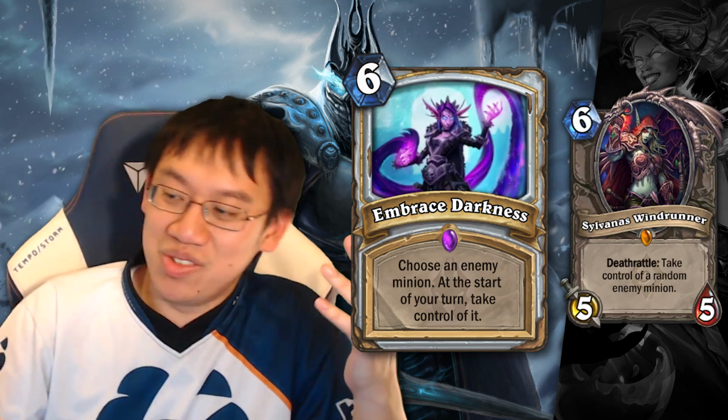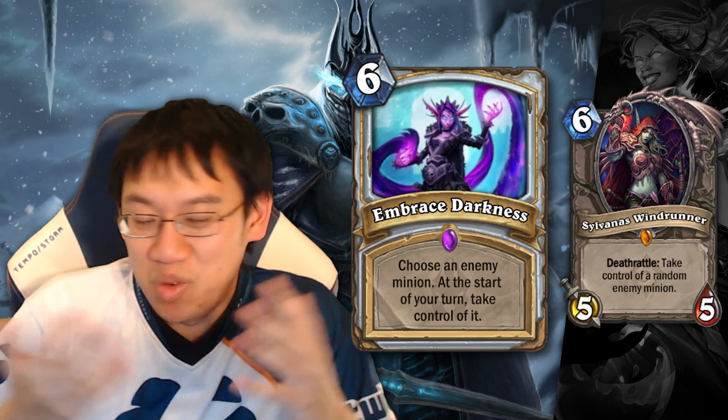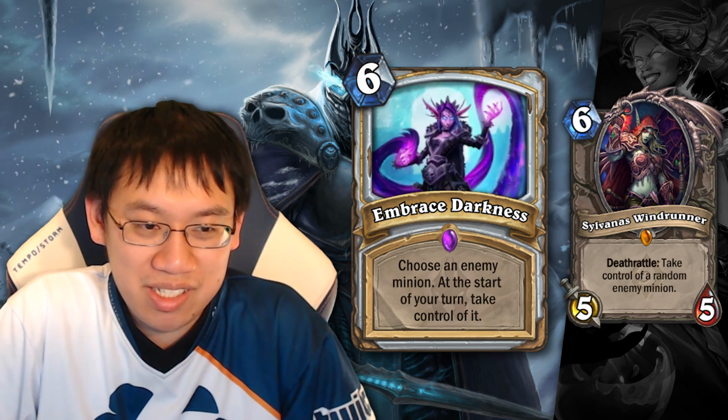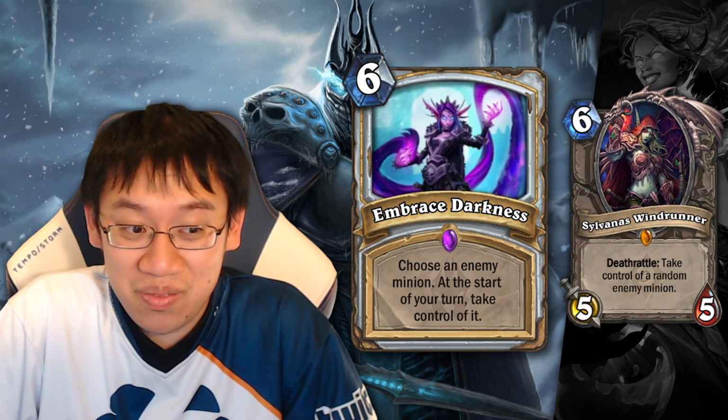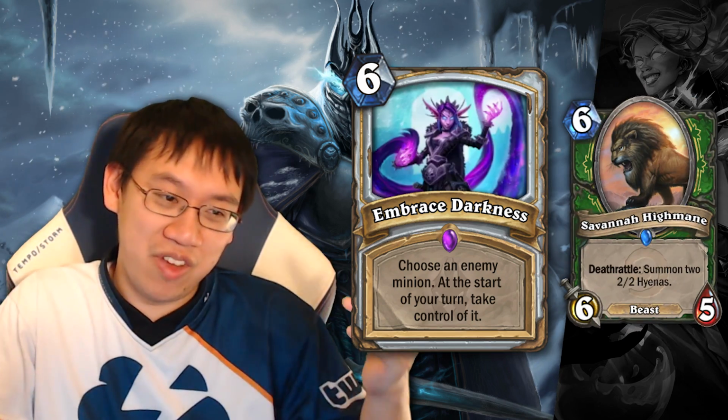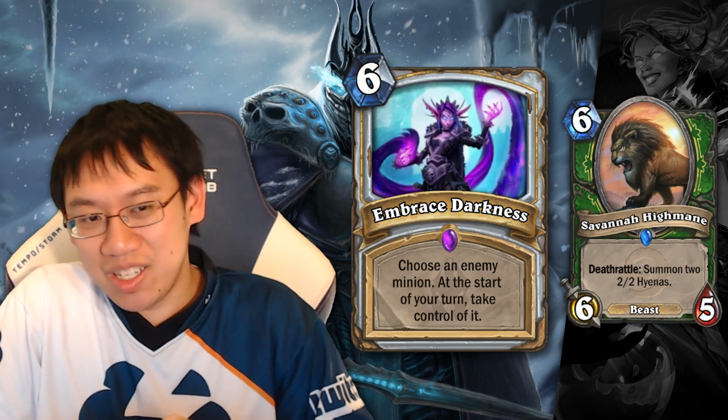I mean, Sylvanas was good enough to rotate out. Will Embrace Darkness make it? Also especially good on Deathrattle minions, because the Deathrattle effect is usually something you want to avoid, and by Embracing Darkness on, say, a Savannah Highmane, it's better than killing it, because